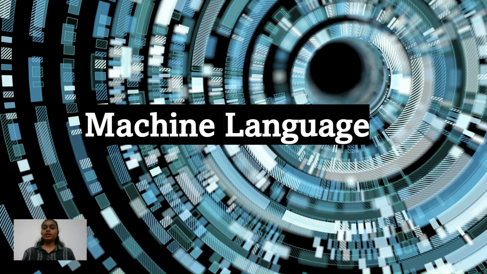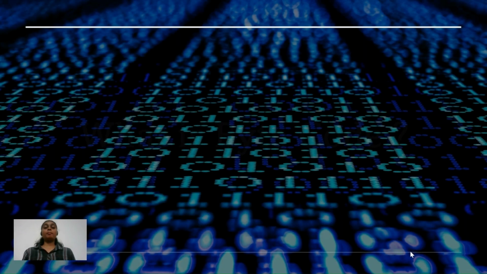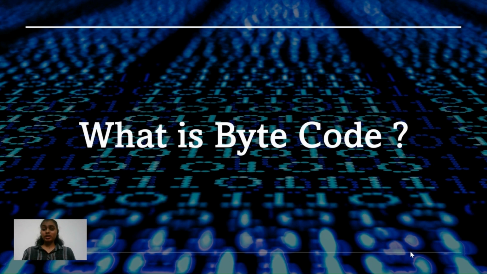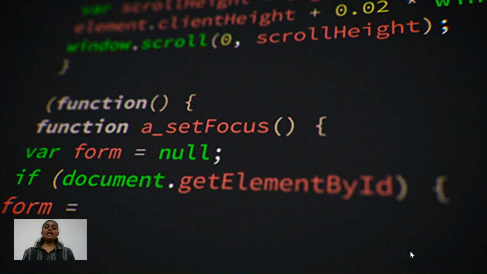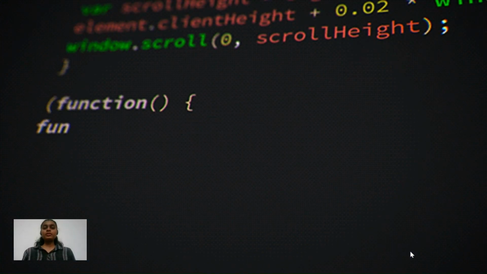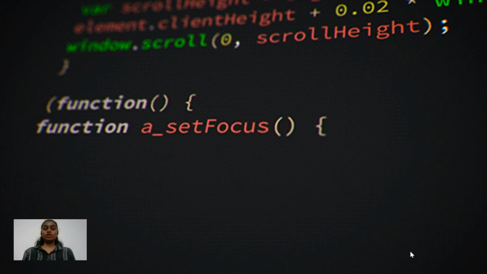As discussed earlier, obviously computers do not understand human language. Then, what is the mode of communication in order to write our code so that computers can understand? It is machine language. Then, what is machine language? Machine language consists of byte codes. What is byte code? After we write our code, which is probably a kind of English language, which we'll be writing in the upcoming sessions,